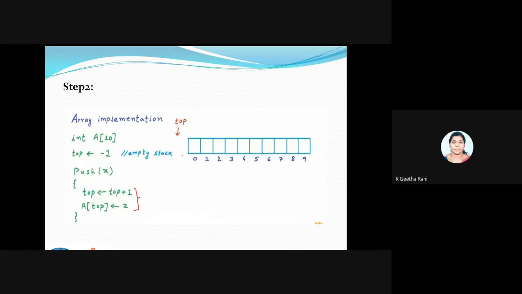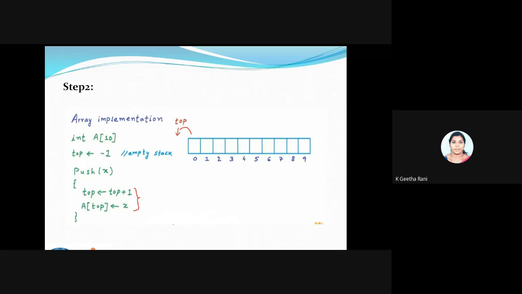If you want to push a value, my top value will be changed, so I have to increment my top value, so I gave it as top = top + 1. If I want to put the value, I give a of top = x, where x is the value I'm going to put inside this particular index. Since my top is going to be 0 now, a of 0 will be holding some value.